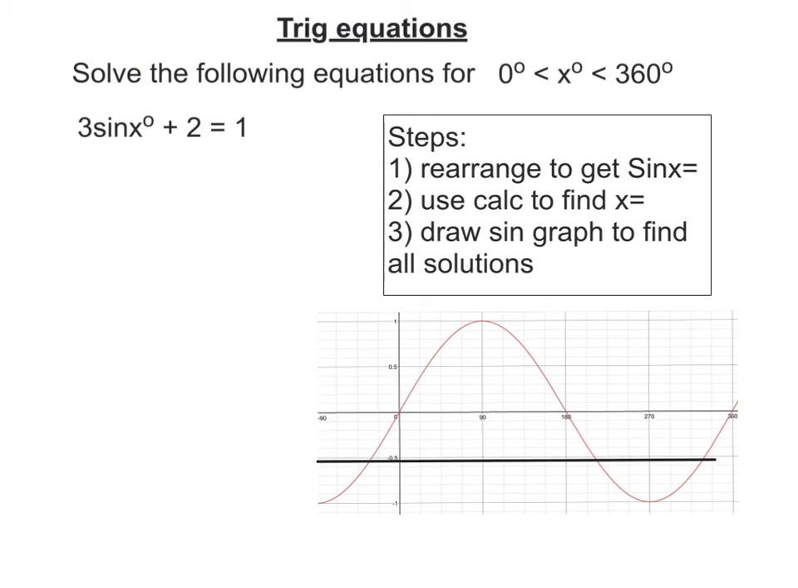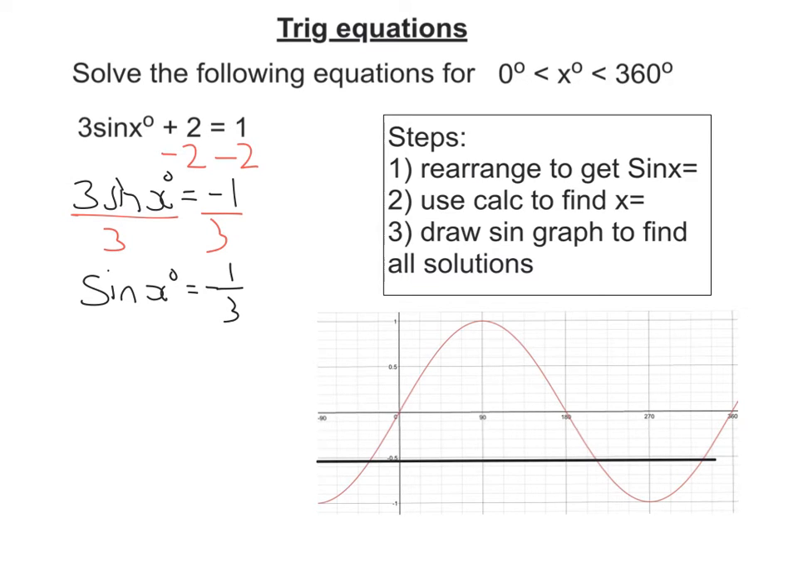Okay, second question here, so let's rearrange our equation to get sine x on its own. So take away 2 from both sides. We get 3 sine x is equal to minus 1. Divide both sides by 3. We're going to get sine x is equal to negative 1/3. Now, remember, to get x on its own, we do the inverse of sine, we do the opposite. Put that into my calculator, and you should get